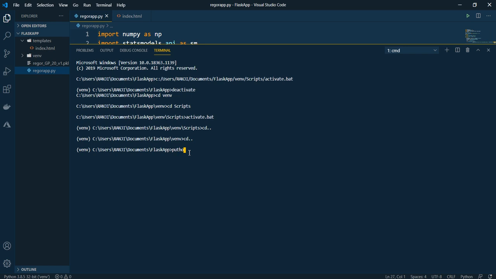For running, we'll simply write python. This is how you run Python files via the command line. So you write python regressor app.py. If everything is correct, I'll just press enter. It will take some time to start up, and it will be up in some time.